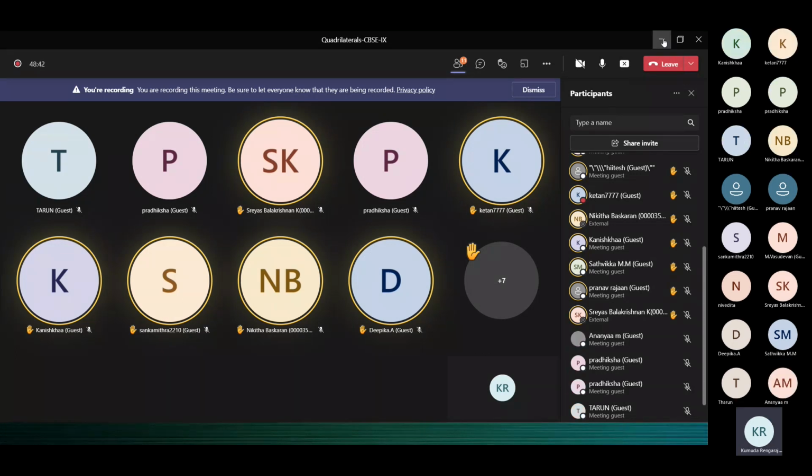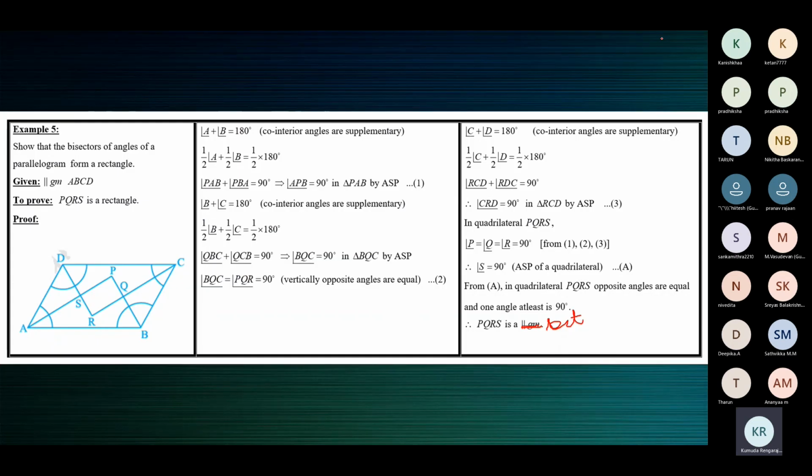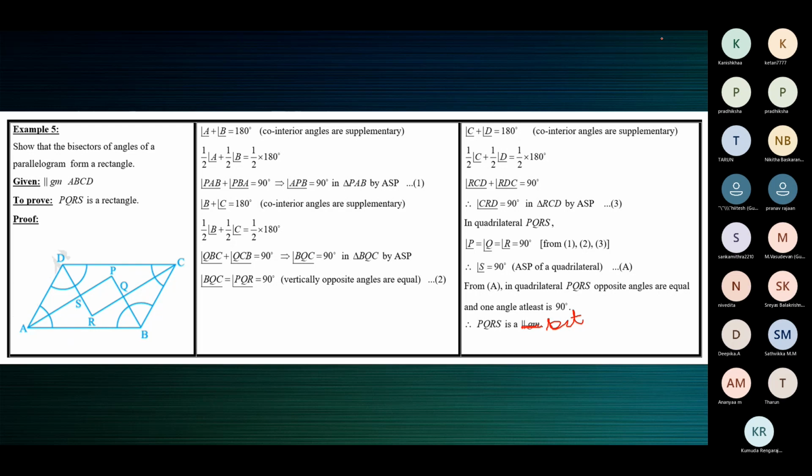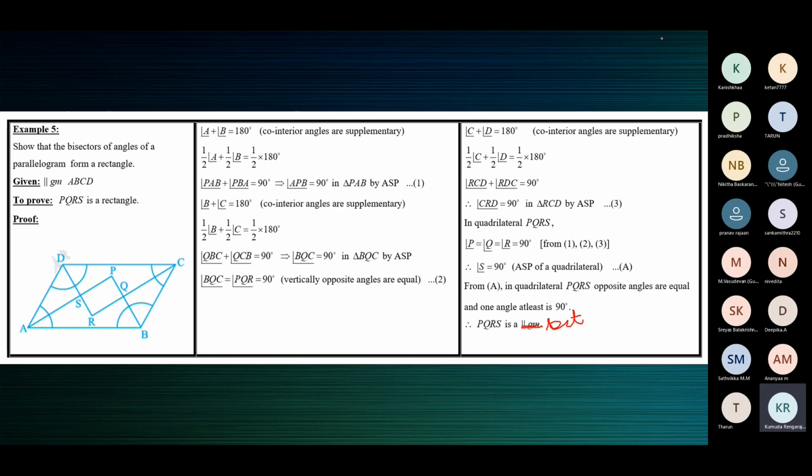Now, I'm giving you time to complete this proof during the class, along with the figure. Please draw the figure and write out the proof. If you need time, just ask me. Tell me you have not finished. I will not go to the next one. Draw the figure first. That is important. Only with respect to the figure, you can understand the proof. Without the figure, you cannot understand the proof. Just start writing.